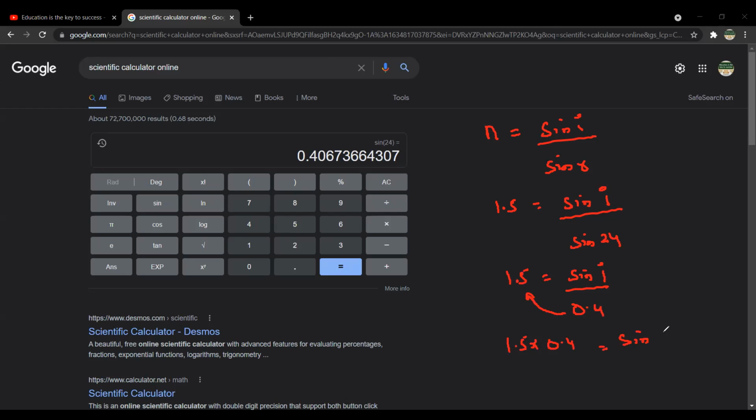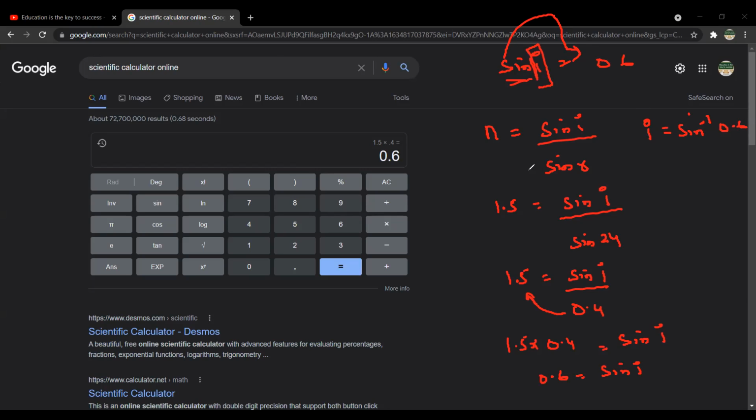So sine I equals 1.5 times 0.4, which equals 0.6. So this value is 0.6, and 0.6 equals sine I, or we can say sine I equals 0.6. It's the same thing. But we need only I, the angle of incidence. So this sine should be moved. When we move this sine to the other side, it will always become inverse. So I will be equal to sine inverse